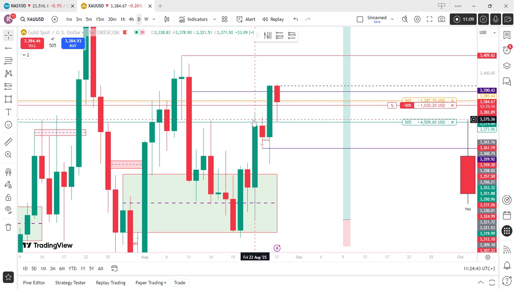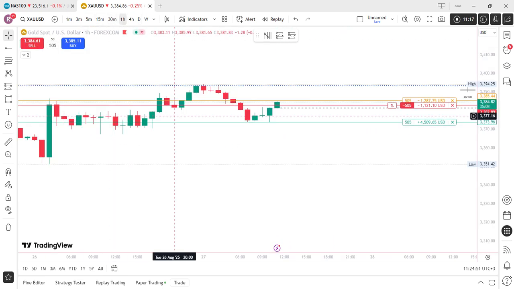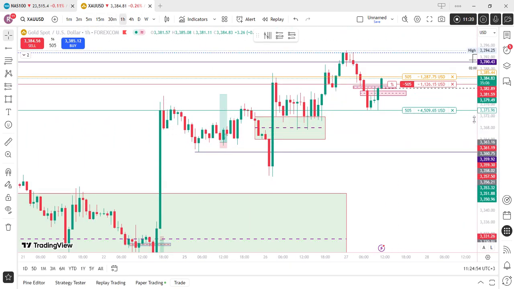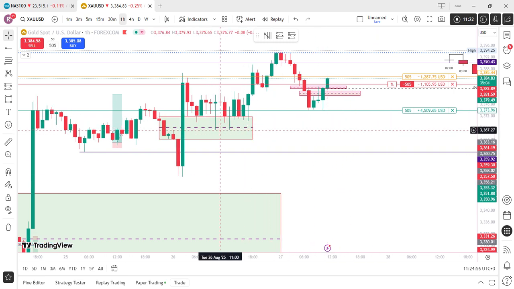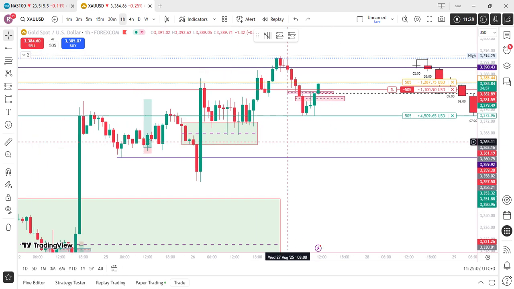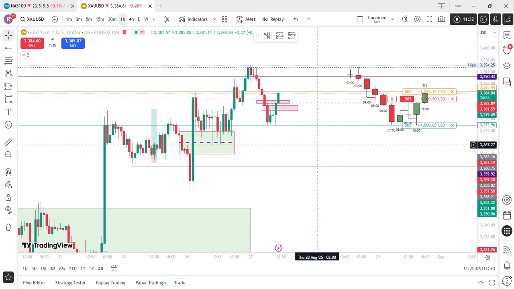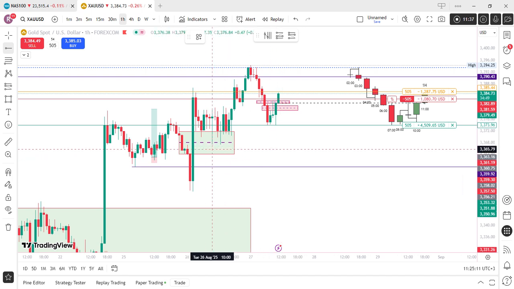Already we've balanced with Monday. So I'm just expecting price to come down there, and possibly there's something I wanted to see here. There's some liquidity I was really interested in down here. You see this one here, possibly filling this bullish fair value gap here before we go higher. So I'd advise, if you want to trade gold, look for buys, and look for buys from this zone